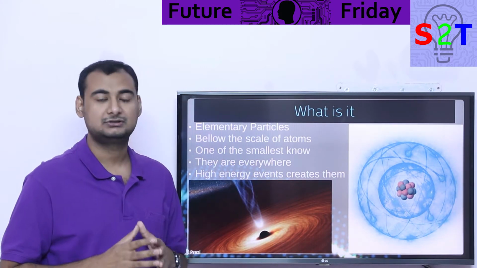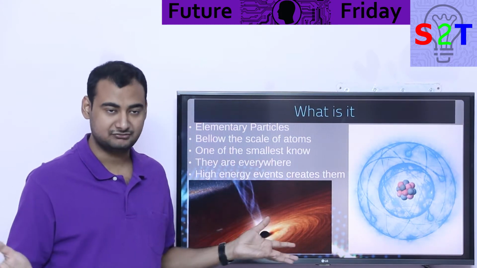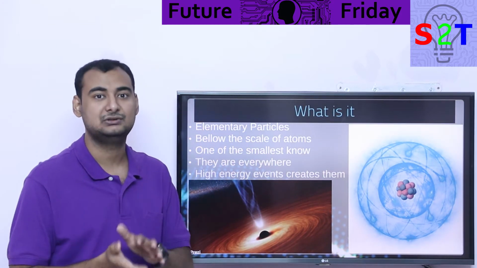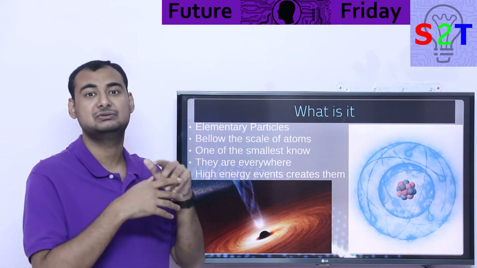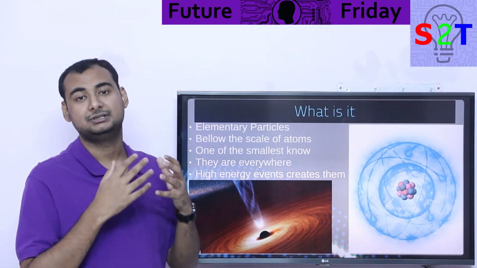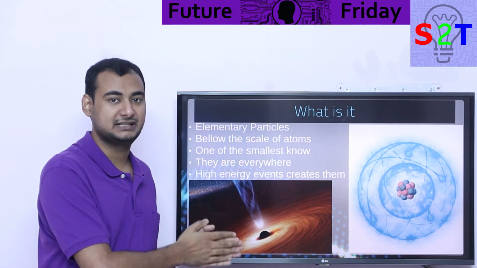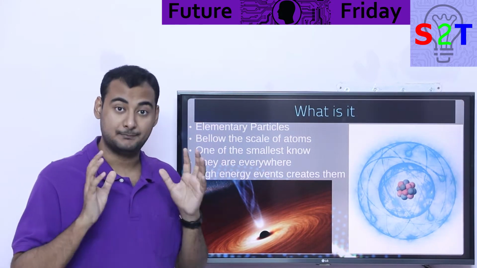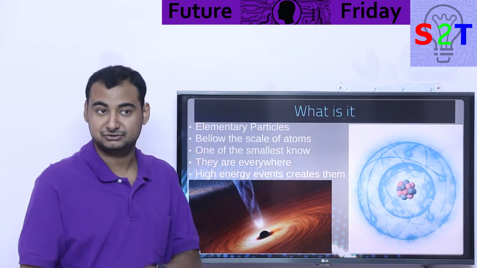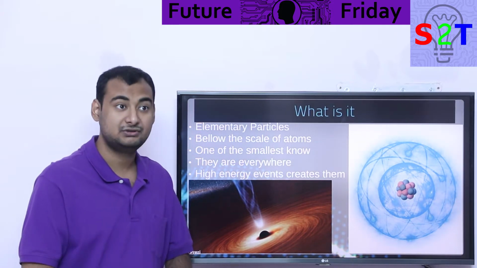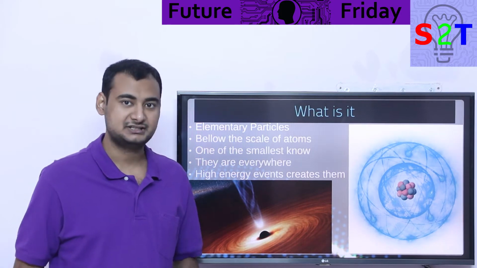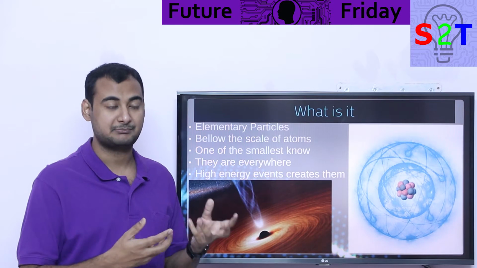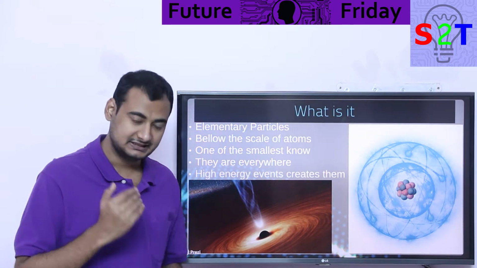Now, this is very crucial to understand that in our universe, there are layers to things. Basically, you take a living thing, you do not go below cell. Why? Because if you go below cell, let's say you go into nucleus or mitochondria, you end up in a scenario where you are no longer dealing with a living thing. Same happens with almost everything. If you are dealing with matter, you only go down to atom. You do not go below it, because once you go below it, you can fundamentally change, let's say, iron by removing its neutron or nucleus. Tampering with that, you can make it into something different. That's the whole reality of it.